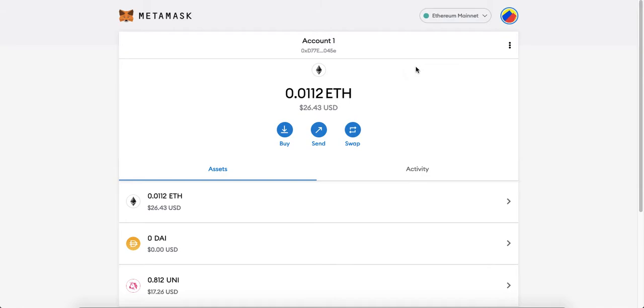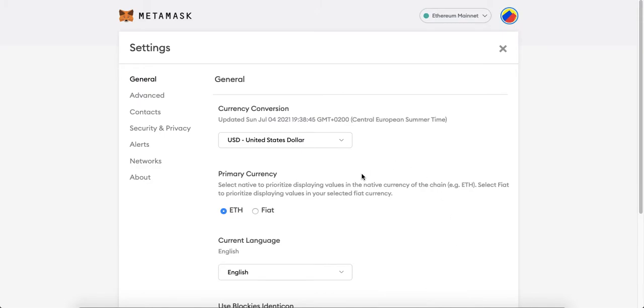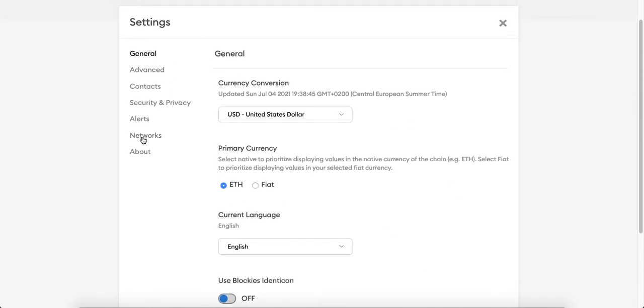So I'm going to assume now that you already have MetaMask installed and you have been using it for Ethereum based transactions and you want to start using it for Binance Smart Chain. So what you would need to do is go to settings and select the option for adding a new network.